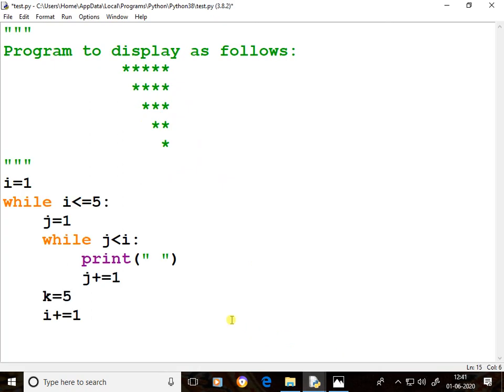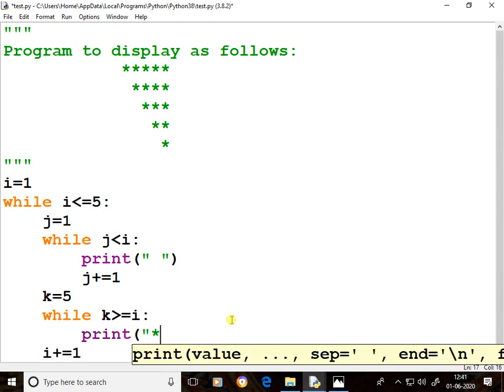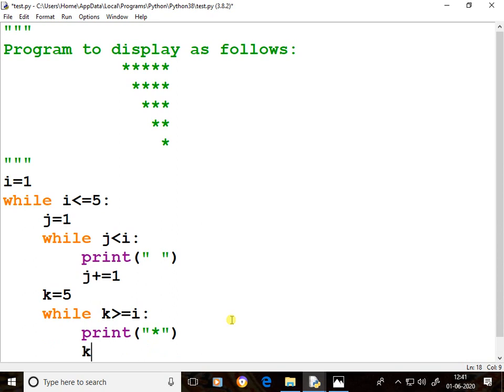K equal to 5, while K greater than or equal to I, print star, K equal to K minus 1. In short form, K minus equal to 1.